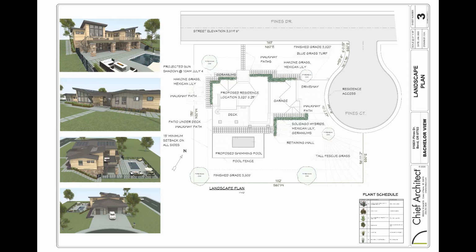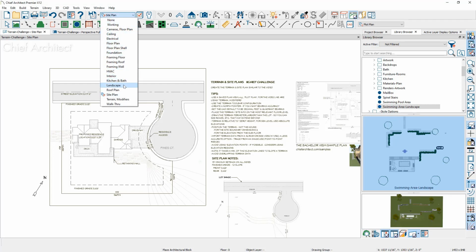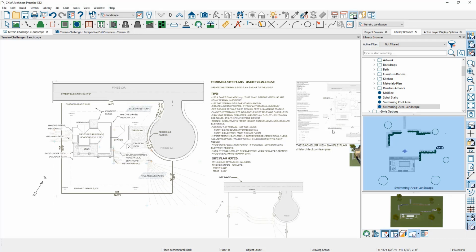For those of you that may do landscaping plans, as I have on my screen, you will find over 4,000 plants, tools for stepping stones, and all the tools to create swimming pools and fencing. For this project, I have created all the landscaping elements and then blocked and saved them into my library. As I switch my saved plan view to the specific landscaping view that I've created and the layer set,